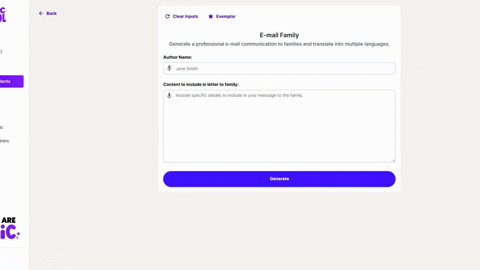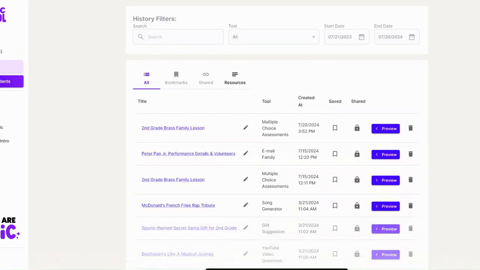Now, I keep it simple and mention upcoming dates for our junior musical, maybe what time students need to be there and ready, and asking for volunteers. I'm actually going to go to my output history because I've already created this and I want to show you. By the way, everything that you put into the AI is going to save